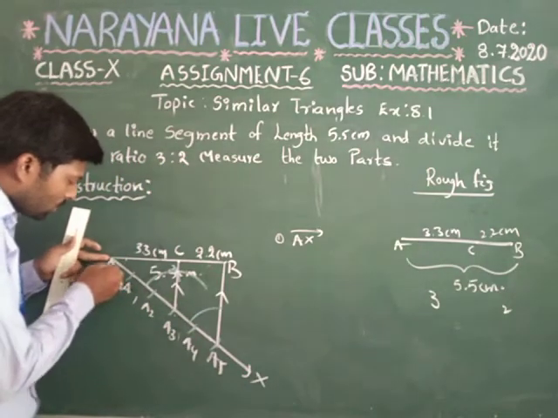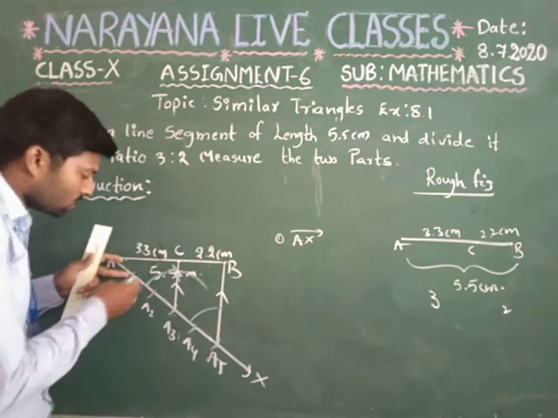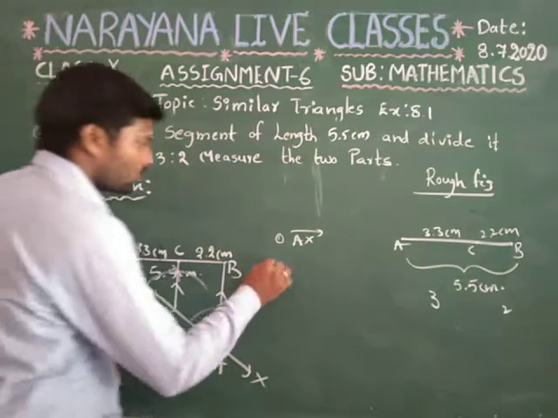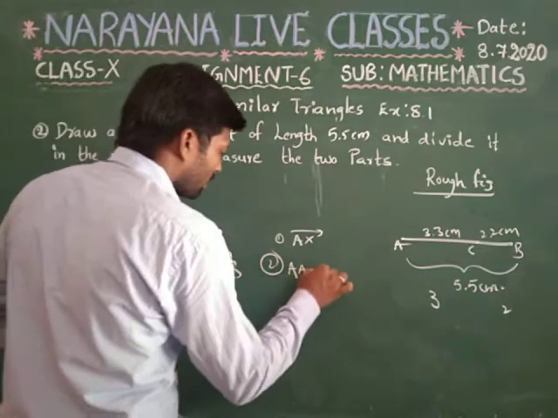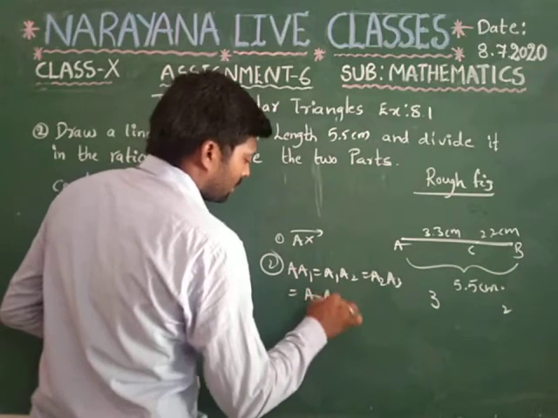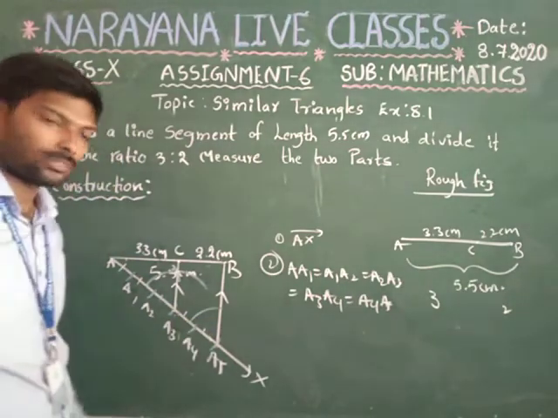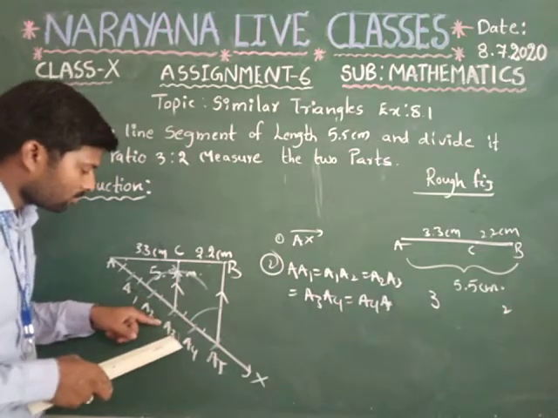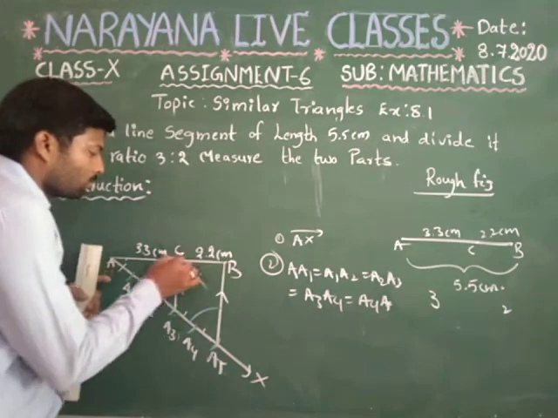And such that you have to take point A as a center, draw an arc with any length, and without changing the radius, take A1 as a center, draw one more arc. Likewise, you have to draw 1, 2, 3, 4, 5 arcs like that. A1 A2 is equal to A2 A3, and A3 A4 is equal to A4 A5. Means each and every length must be equal. Then after you have to join A5 as well as B, and also draw one more line from A3, which is parallel to B A5, and this will intersect AB at point C.